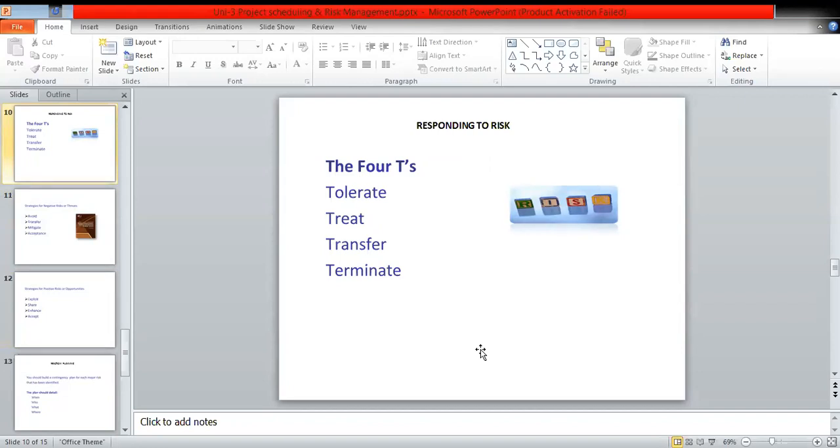So what is it exactly? The 4 T's are, first, tolerate, right? So tolerate means what? If you are not working properly, got it? And company,